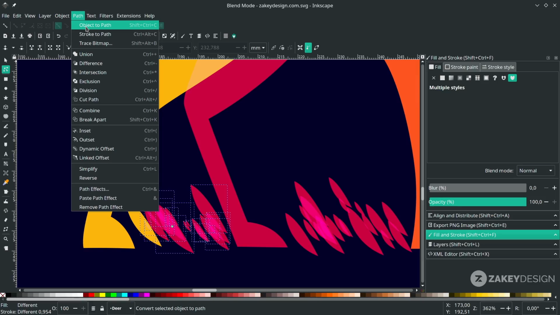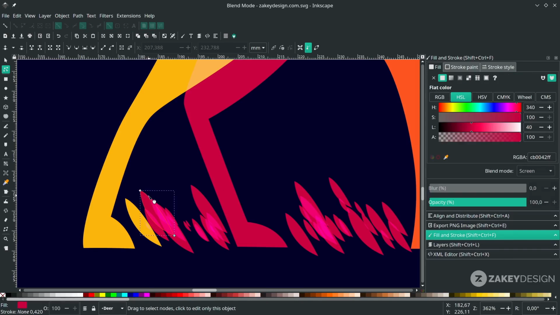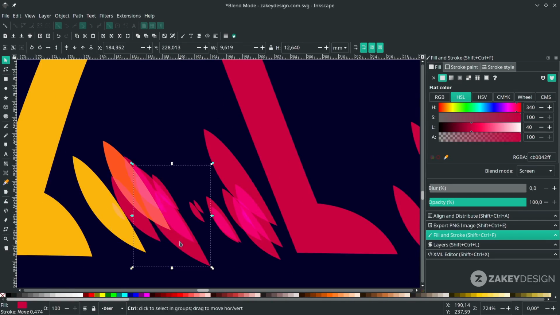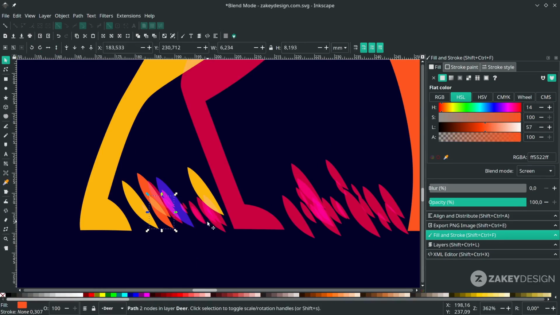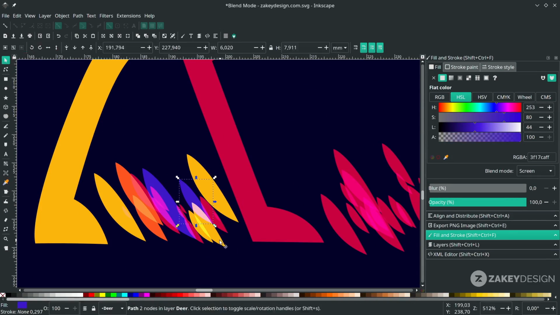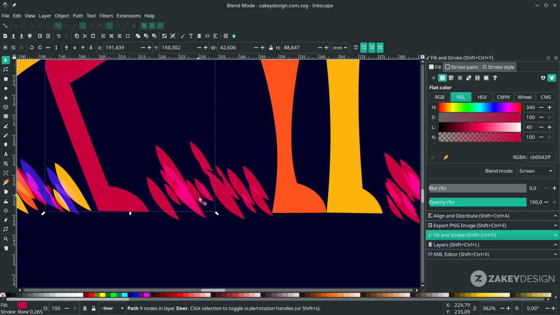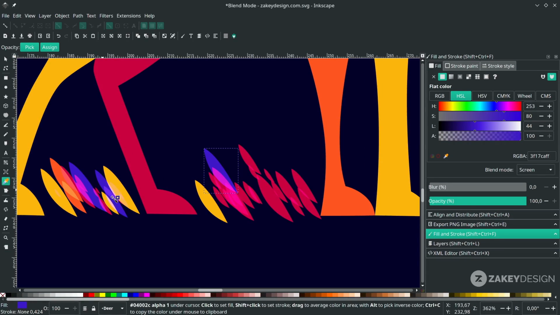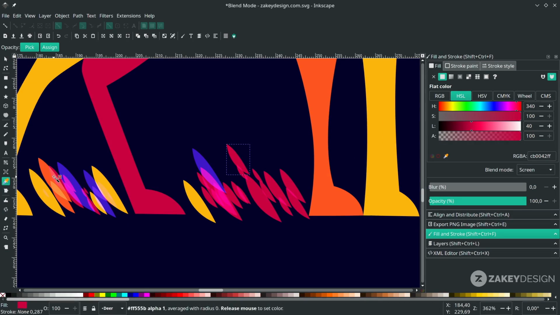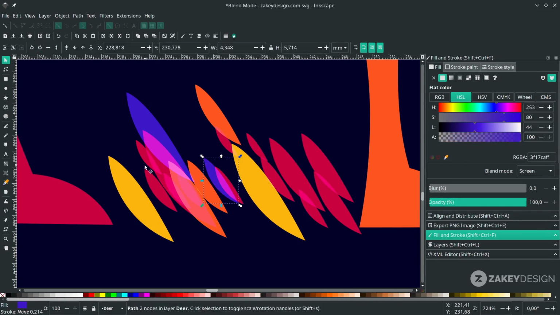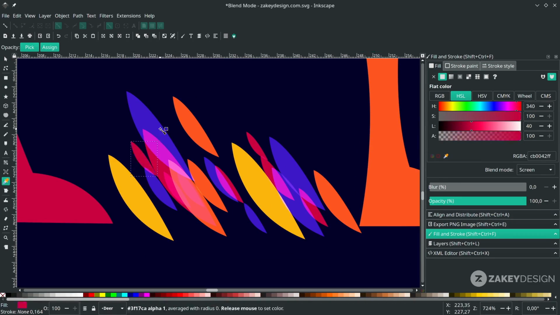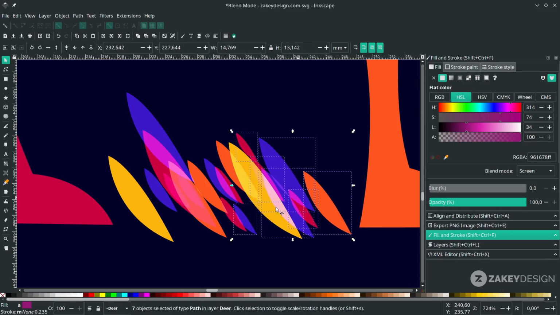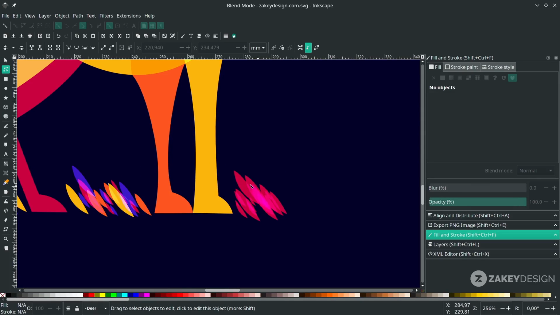And go to Path, Object to Path, and change the color. On these two. Try to randomize the color. And last for this.